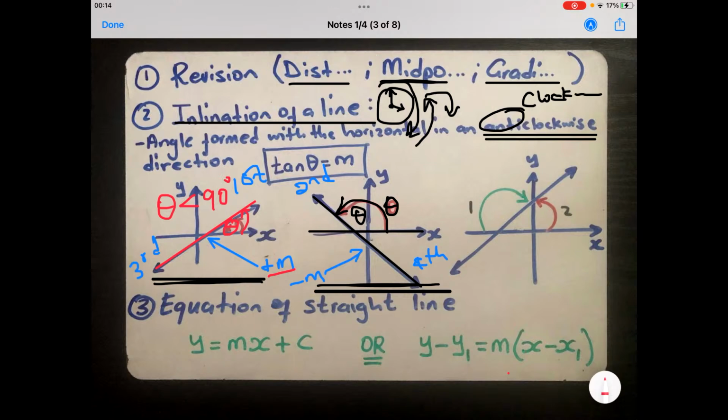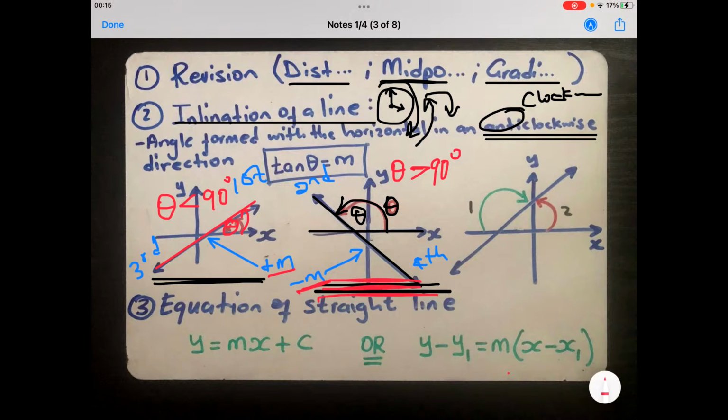Whereas in this case, where the gradient is negative, your angle of inclination will always be greater than 90 degrees. I just noticed this now as I was explaining. So just be careful, guys. In some calculations, you might be calculating an angle of inclination, and on your calculations, especially this one, always where the gradient is negative,